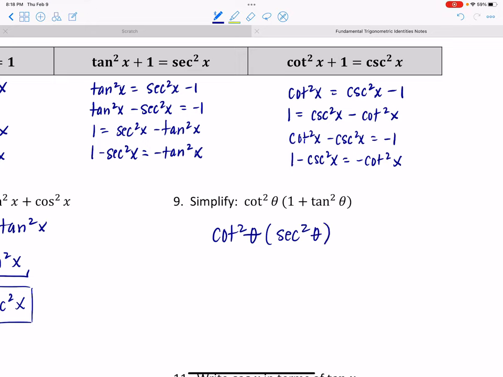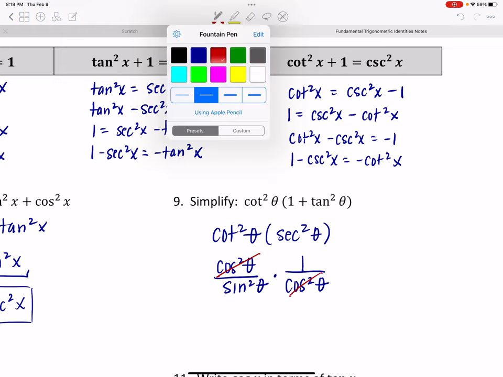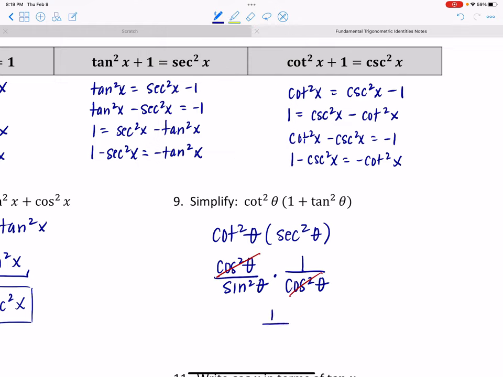And then what? Well, one's a reciprocal and one's a quotient, so let's go ahead and rewrite those. Cotangent is cosine over sine, so I can replace cotangent squared with cosine squared over sine squared. And then secant is the reciprocal of cosine, so I can call this 1 over cosine squared theta. And now I have these common factors in this product that can reduce. So then I would be looking at 1 over sine squared theta, which would be an okay place to stop,